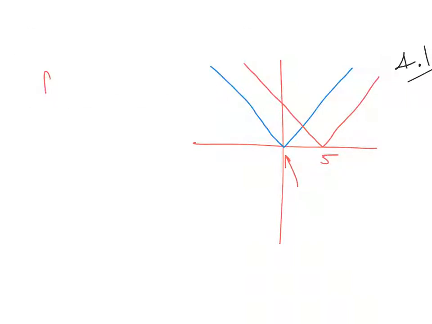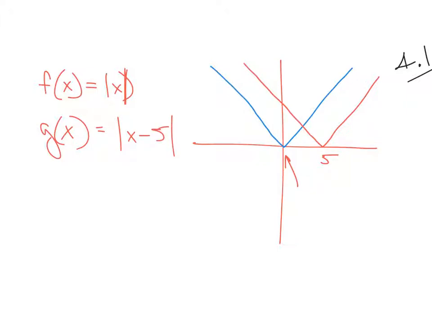What we've got is we started with, again, the absolute value of x. But if we take that absolute value of x, oops, that's an absolute value sign. If we take that absolute value of x and within the absolute value sign subtract 5, that is a shift